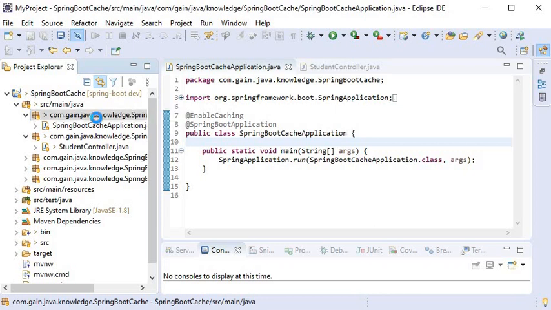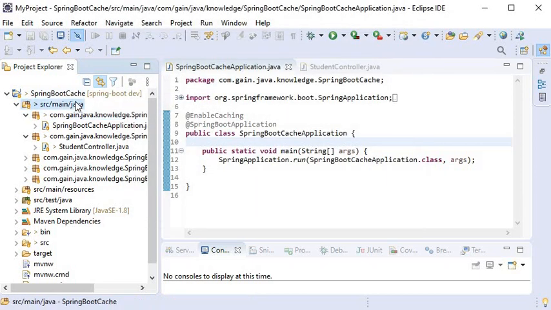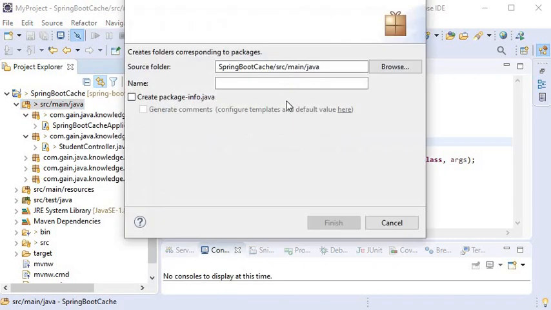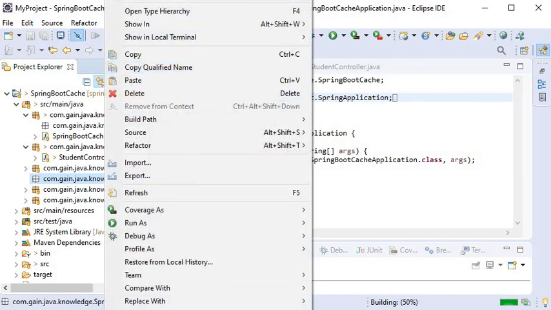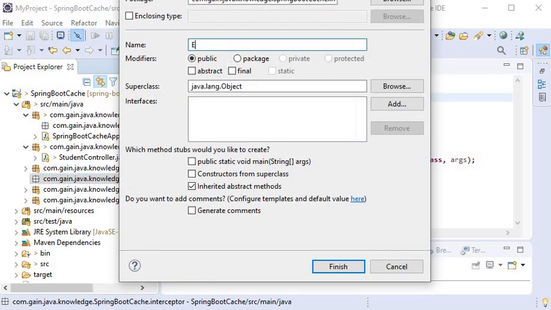So here I will create a new package called interceptor, and in this package I will create a new class named ExecutionTimeInterceptor.